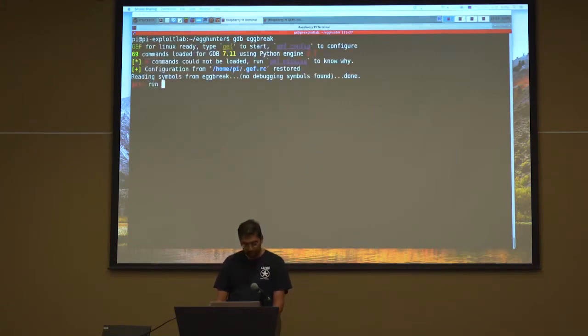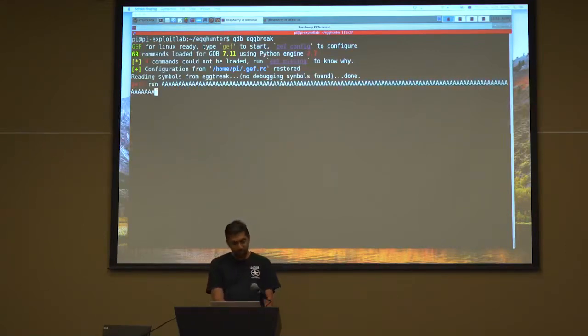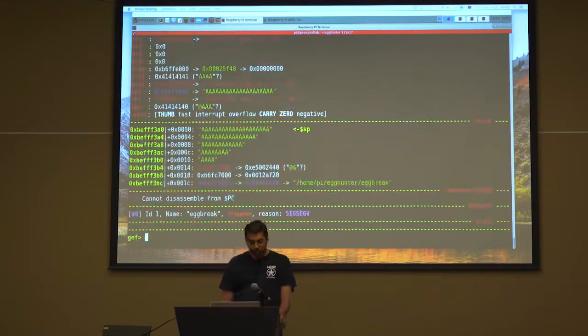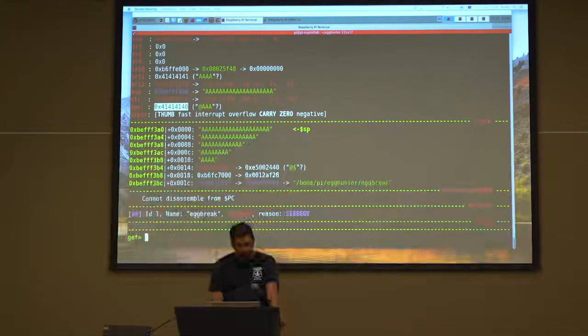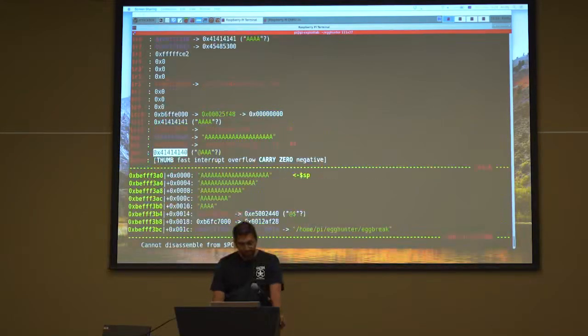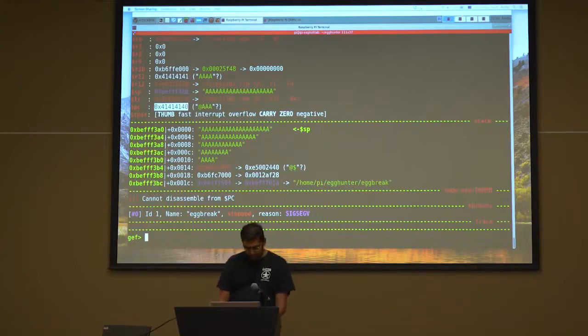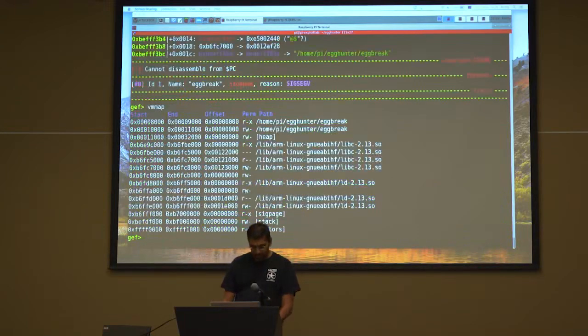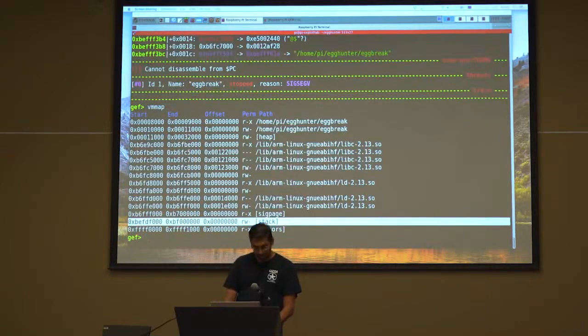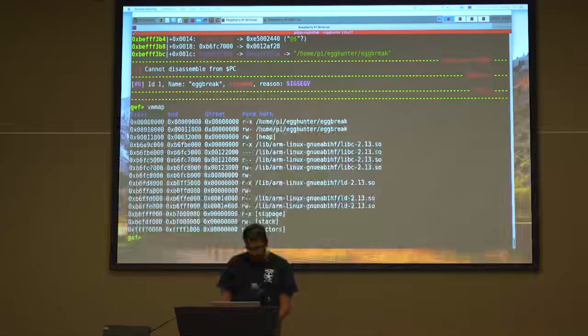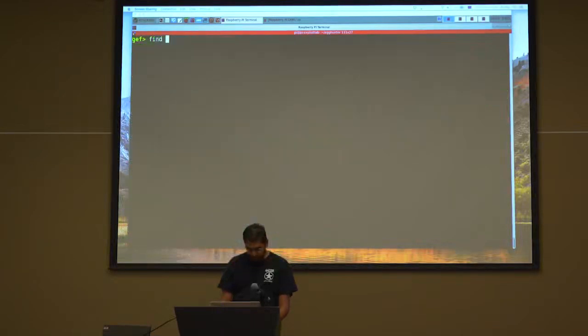If I run a regular buffer overflow, like I just give it a very large string, it's going to crash, and there it is. You're going to get a segmentation fault. We control the program counter, all that fun stuff. If we search the memory space of this process, your heap is in this case at address 11,000. Your stacks are over here, both of them non-executable, as they should be. And if I search the heap,